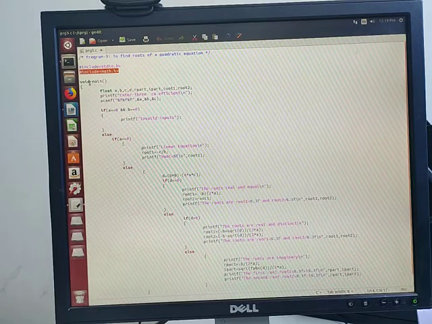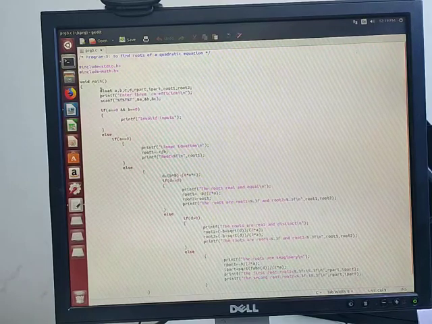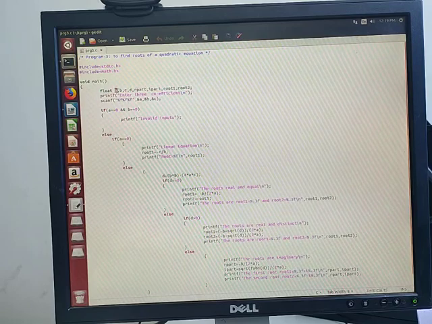Then this is the place where the execution starts, and I have declared all the variables that are required. Better you declare all the variables as float because they are going to be real. So a, b, c are the coefficients, so we need to input a, b and c.